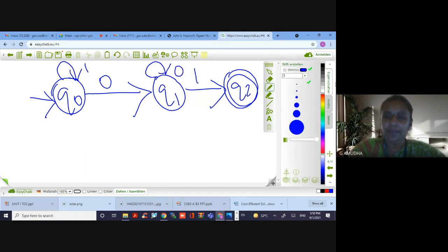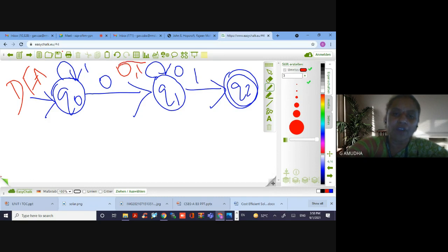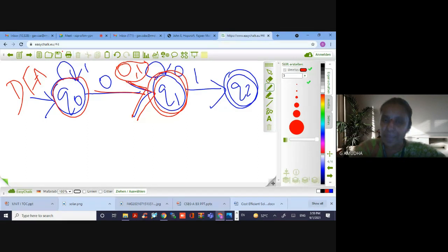I am representing this as DFA because in a binary alphabet, what are the two possible inputs it can read? It is going to be either 0 or 1. Correct? Yes, ma'am. Okay. So in Q naught, if it is 0, I have only one state as the output state. It is determined. I don't have so many options to go. So this is termed deterministic.